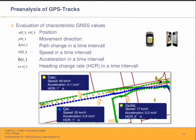now we are going into a little more detail, having a look at the pre-analysis of GPS tracks. As you can see over here, we have a few different modes of transport and display the data we can derive. At first we have the position, of course, then we have a timestamp, so we already know with which speed one single user was moving along the traffic network at a given time. And we can also calculate other measurements like acceleration, the speed, and also the heading change rate,